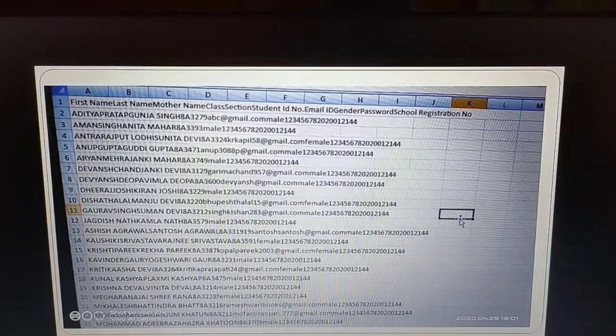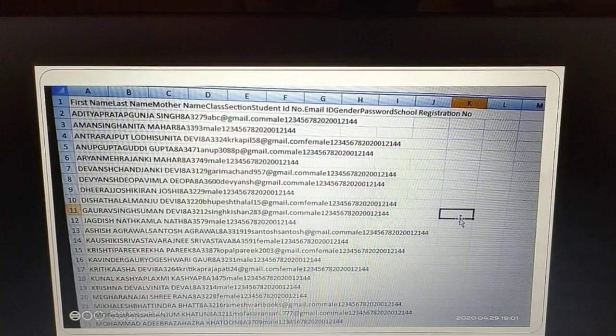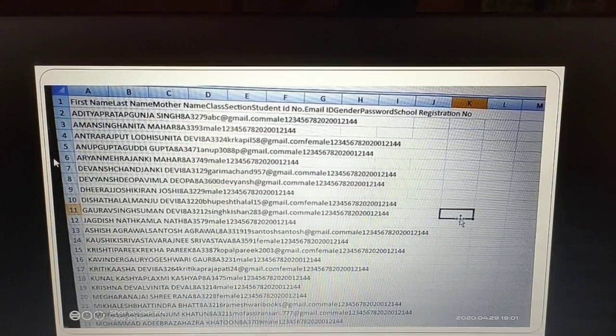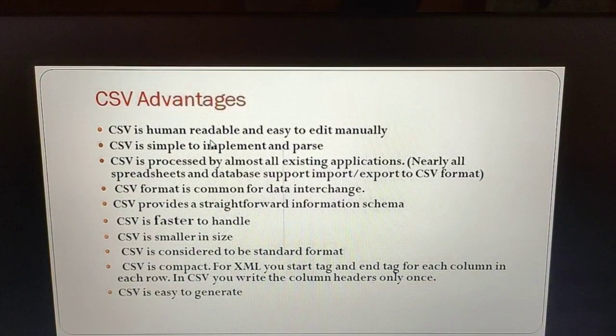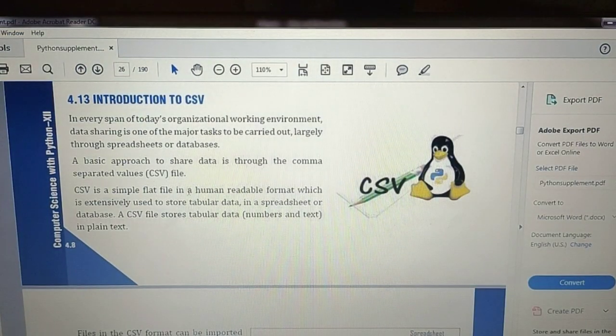Okay, so this is an example of a CSV file you are seeing here. I have taken a picture to show you a CSV file. Actually, this is totally different from Excel. Okay, so data is in the form of separate values. There are certain advantages, but I will tell you with the help of other things.